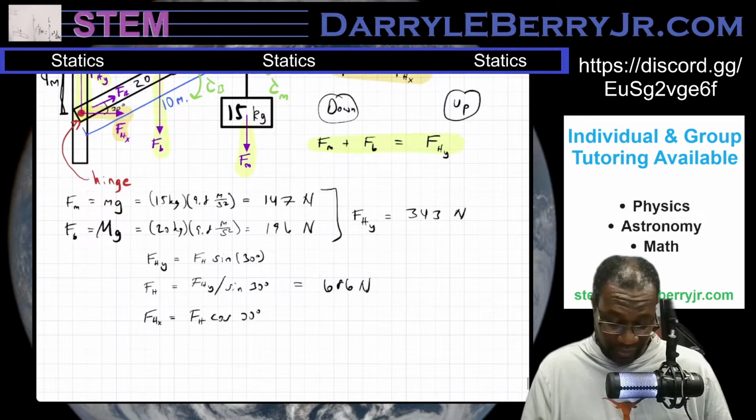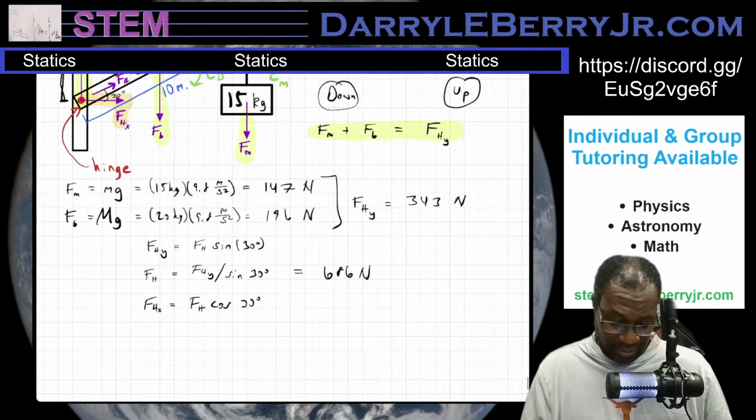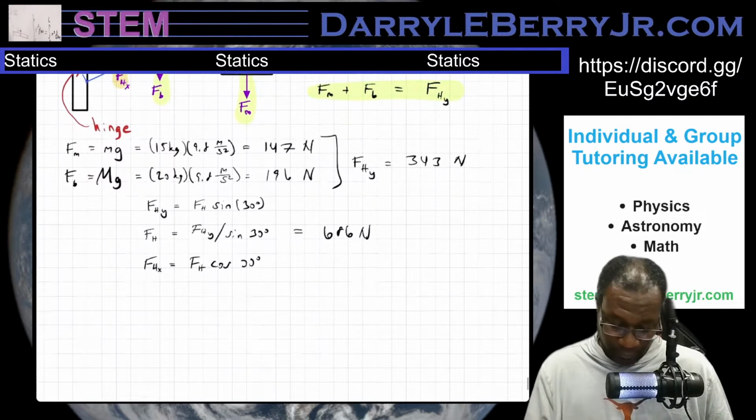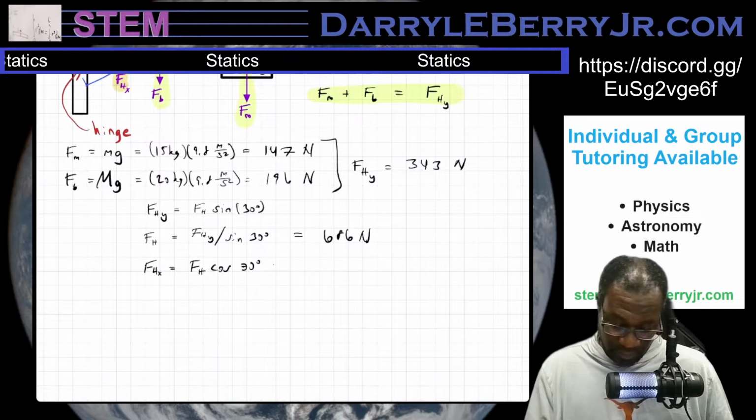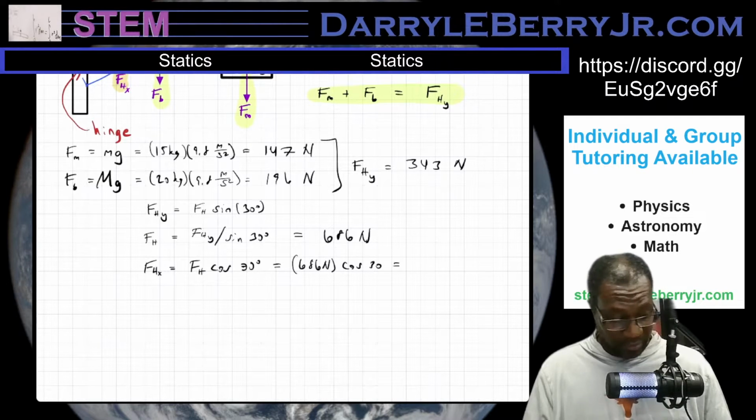I would just plug in FH. So basically, it's FH times tan 30. Oh, it doesn't matter. So this is going to be 686 newtons times cosine 30, which is going to be